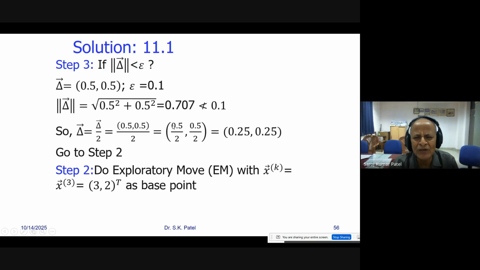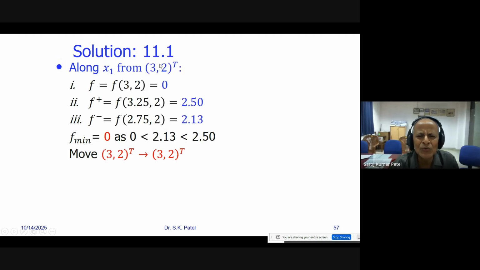So now the step vector will be 0.25, 0.25. We are at 3, 2, where the function value is minimum, and now we have to do the exploratory move with step size not 0.5, 0.5 but with the reduced step size 0.25, 0.25. So let us try. From 3, taking step size 0.25, we will again get a value in